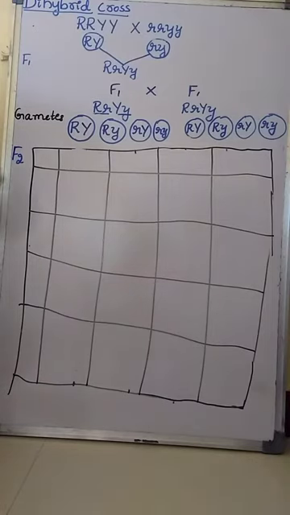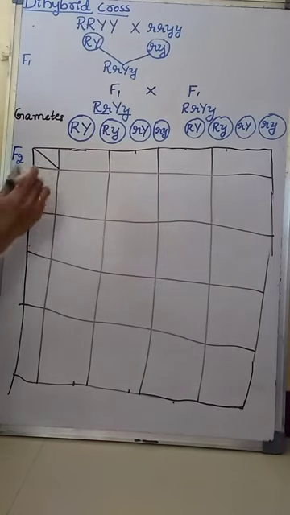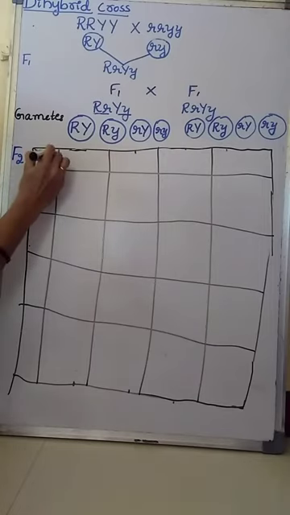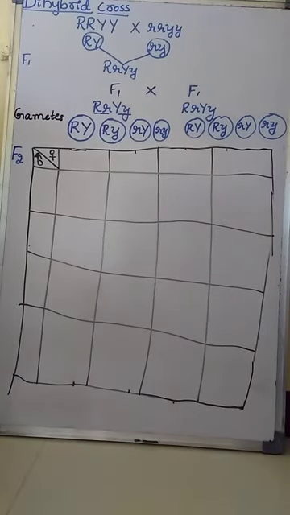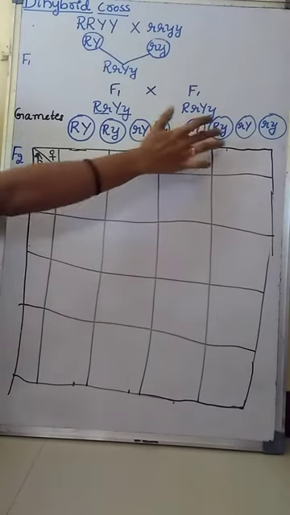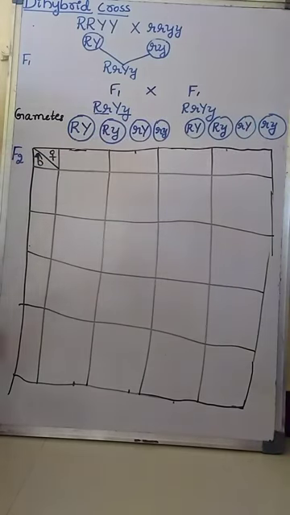Then on one side, we have to take male gametes and on the other side, female gametes. Consider this side I am taking male gametes and this side I am taking female gametes. Symbols represent male, female. Here male gametes and here female gametes. But all male and female gametes are of the same type here. Same type of gametes are produced.